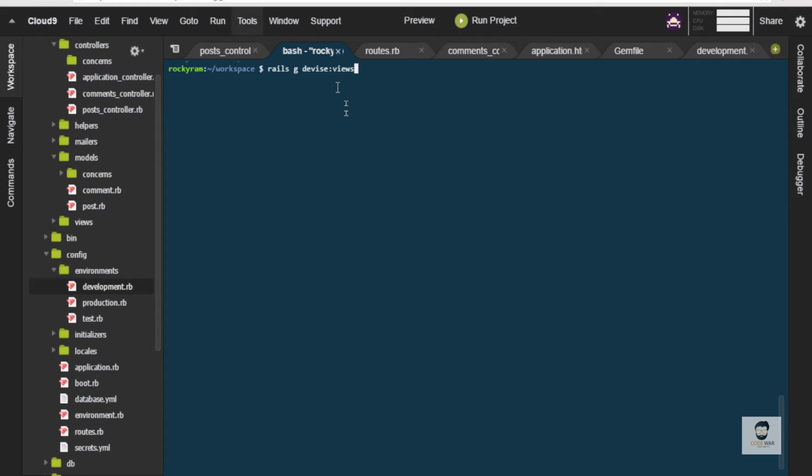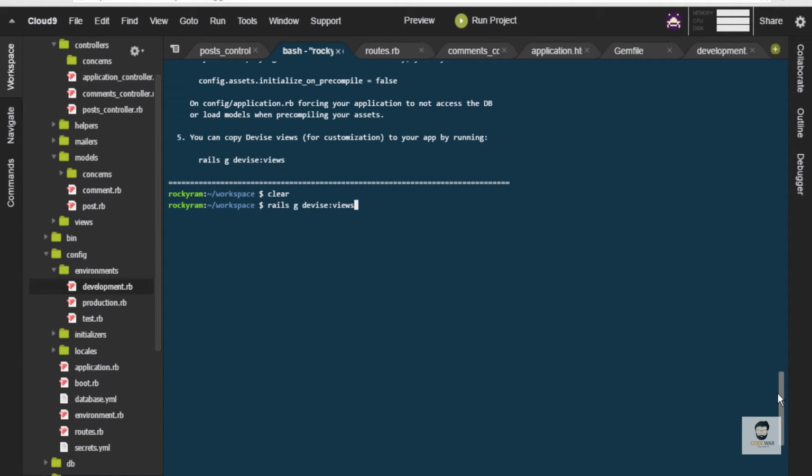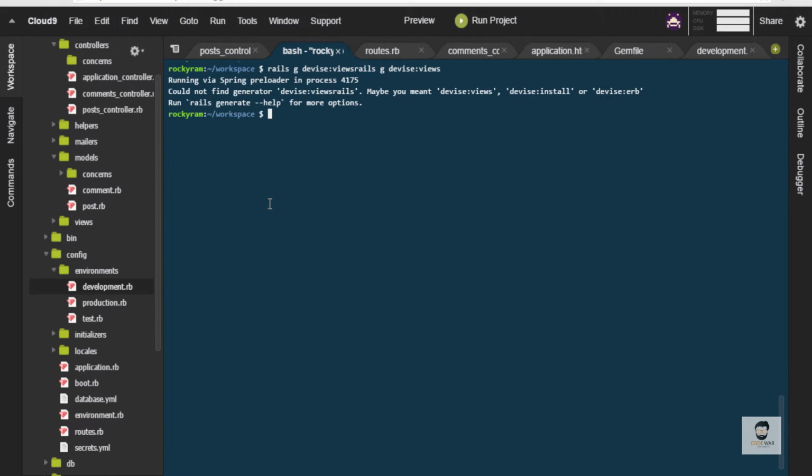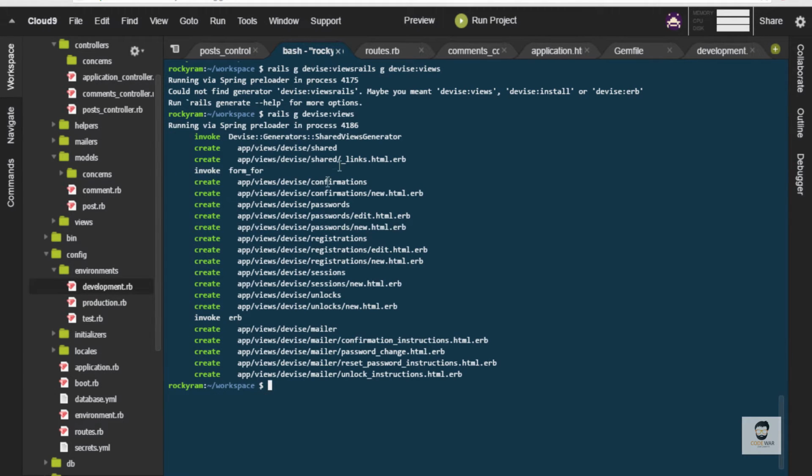When we type this, rails generate devise:views, let me copy this and paste it over, to make sure that I don't have any spelling mistakes. Oops. Yeah, now it will install our